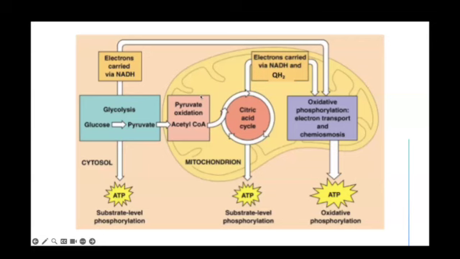Therefore, we need transport systems to bring molecules across the mitochondrial membrane, either into the mitochondrion or out of the mitochondrion. For example, we have the malate aspartate shuttle, which transports essentially oxaloacetate, but oxaloacetate cannot cross the membrane itself. So it needs to be converted to malate in the cytosol, which then can pass the